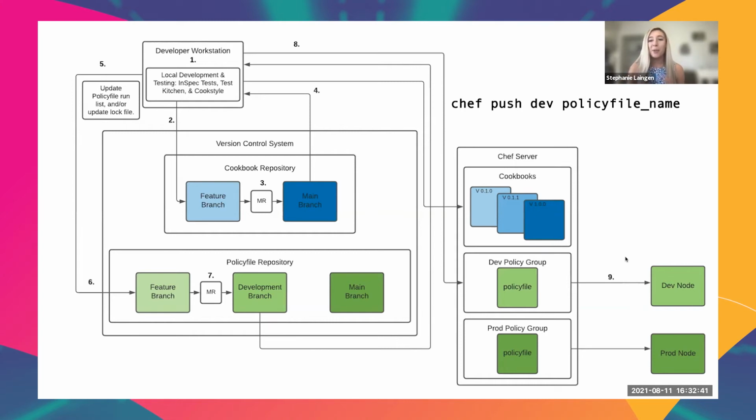So Chef's doing a little bit of the lifting here for us, which is very helpful. But basically, these are all the steps that need to happen to get a change in our cookbook to a change in our dev node to get that to actually run. And you've seen that these are a lot of lines. It's kind of complicated. And there are a lot of commands that the developer actually has to run in their own terminal manually. So let's talk about how we can automate that and save ourselves a little bit of time and save ourselves from a little bit of confusion, right? Because this is a lot to keep track of.